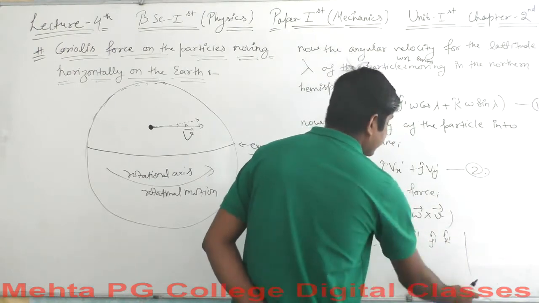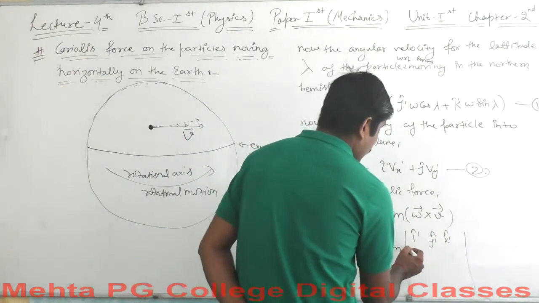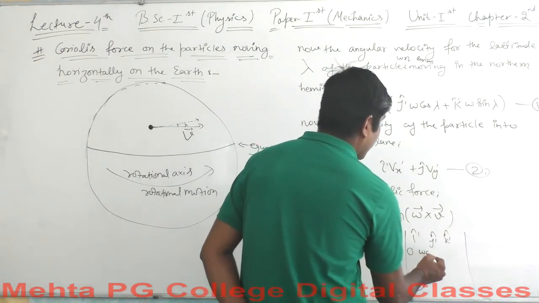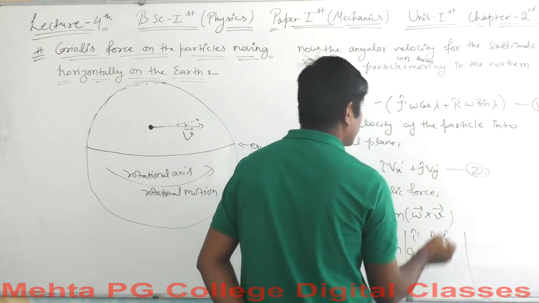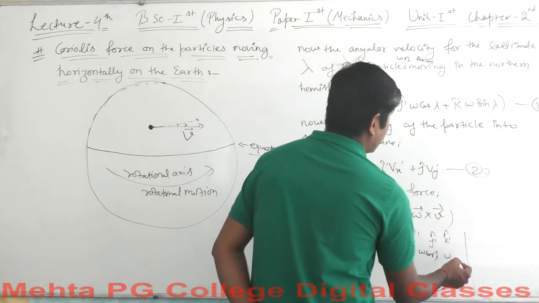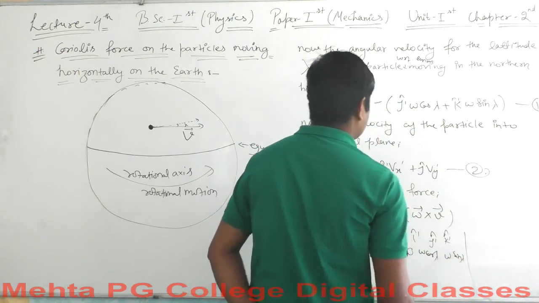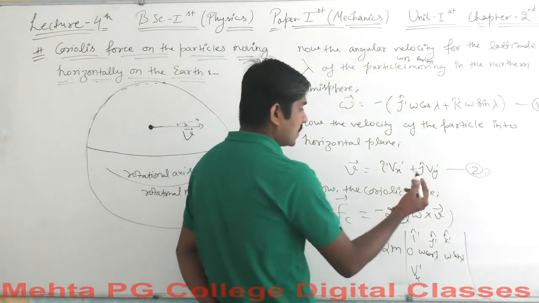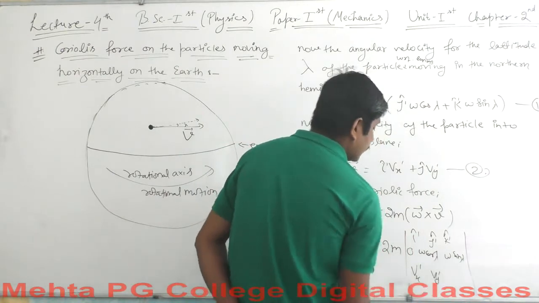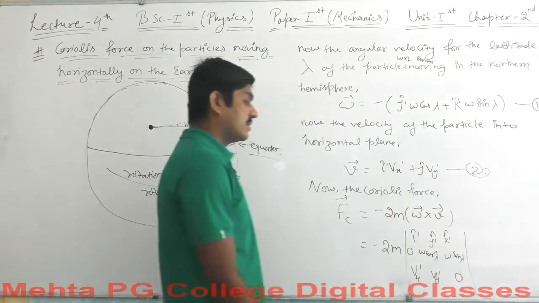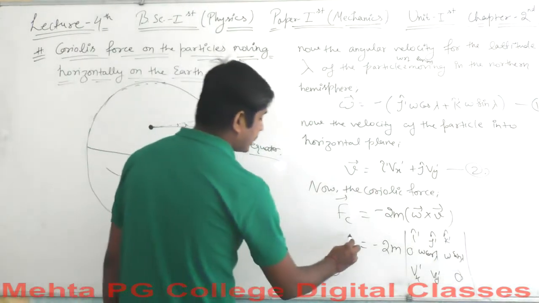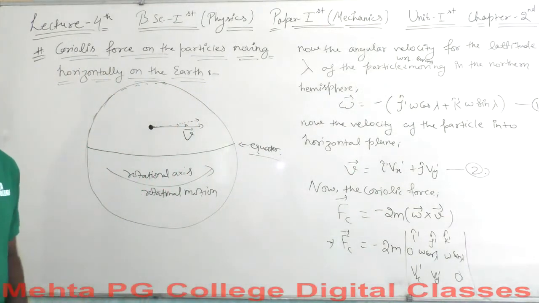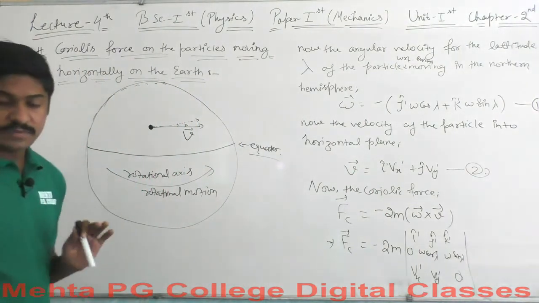Okay, this is the determinant here. The value of omega, for I there is no value. For j, the component associated with omega cos of lambda, and the component associated here with the k cap is omega sine of lambda. Here for the I dash cap is the Vx dash, for the j dash cap it is the Vy dash, and the remaining is 0 here. This is the Coriolis force, which is the Fc here. Okay. So now solving for this equation, what we will have, let me clear this off because this